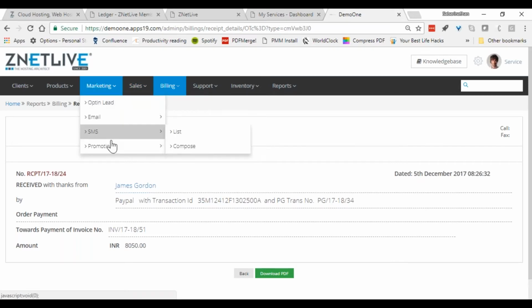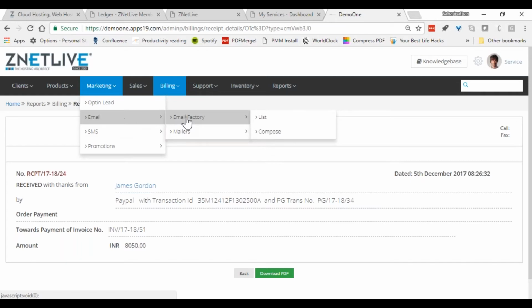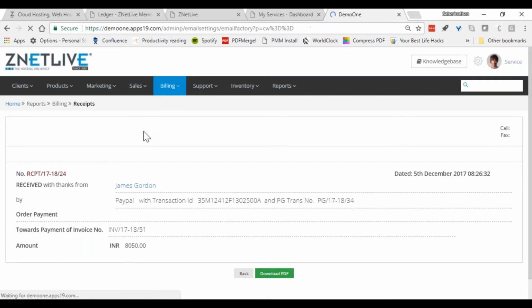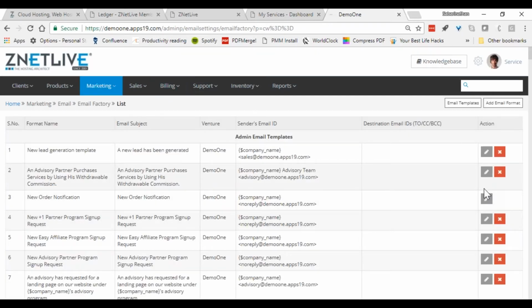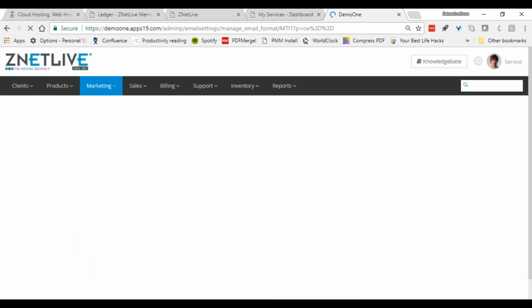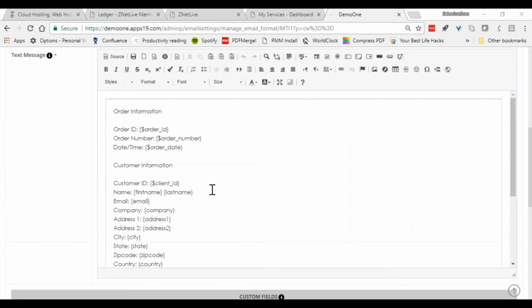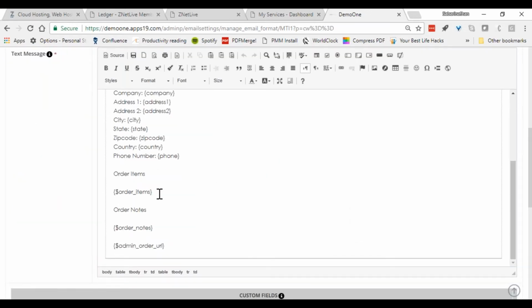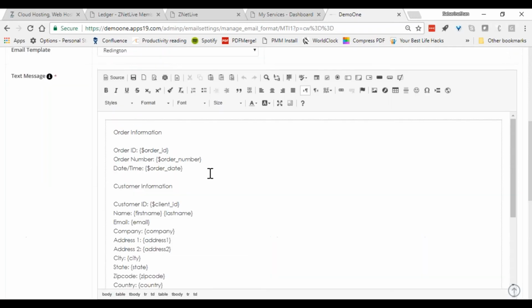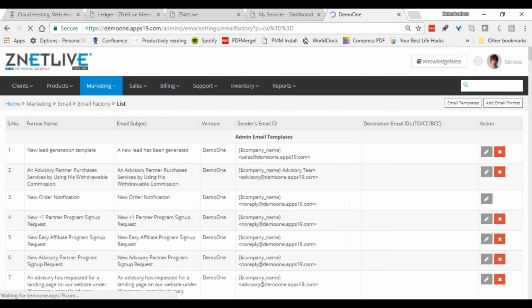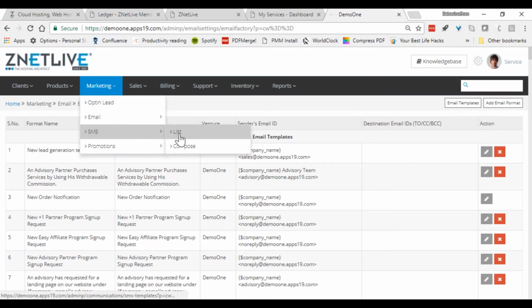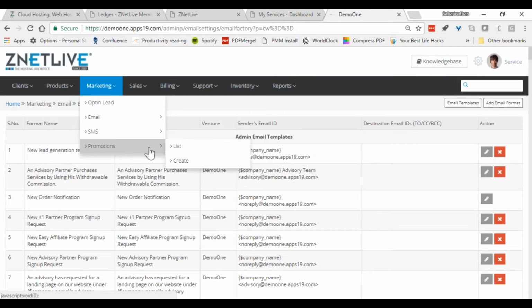And also from a marketing standpoint, it's very important that you understand how you can communicate with your customer. For example, there are plenty of email options and templates available whereby you can continue to communicate with the customer with custom templates, right? For example, this one here is a custom template. You can define any variables as you want, put in your own HTML graphics, and you can send this email to the customer, right? And similarly, SMSs, we have integration done with Value First, with which we're able to help you integrate and send SMS reminders to your customers.